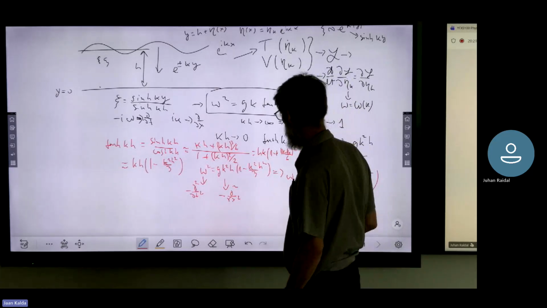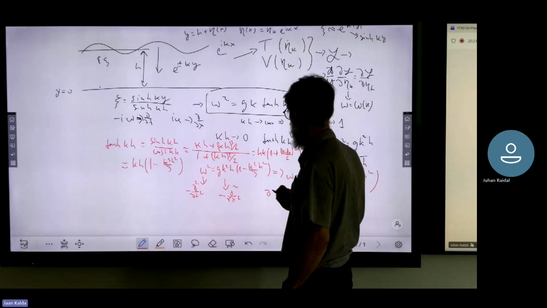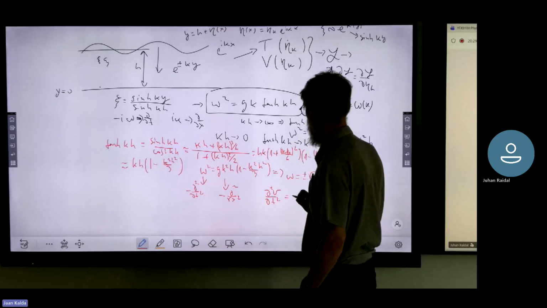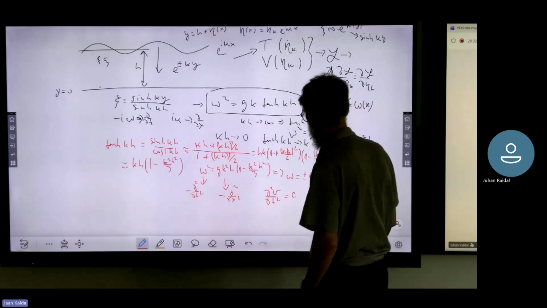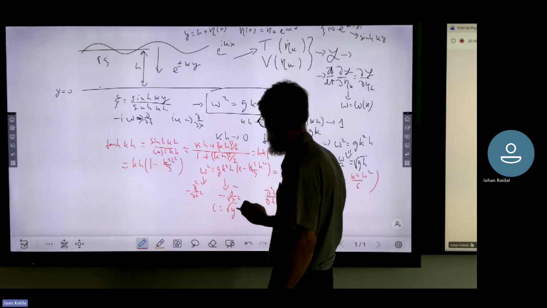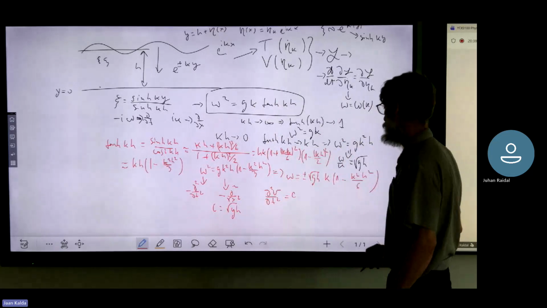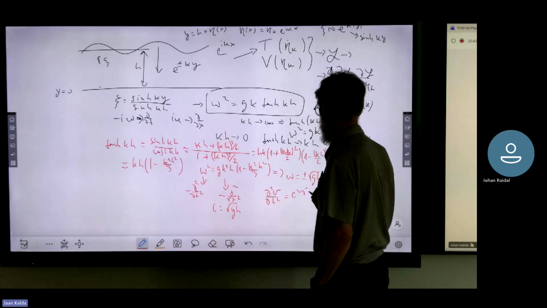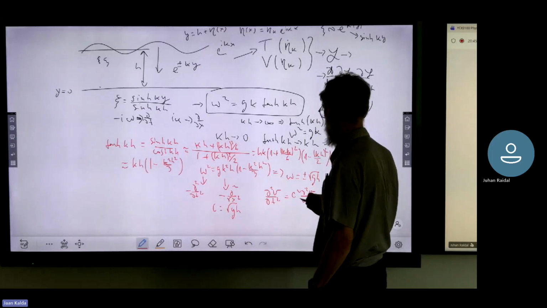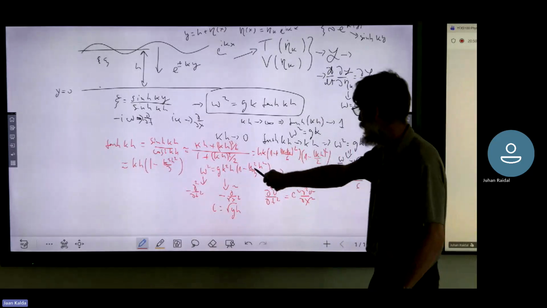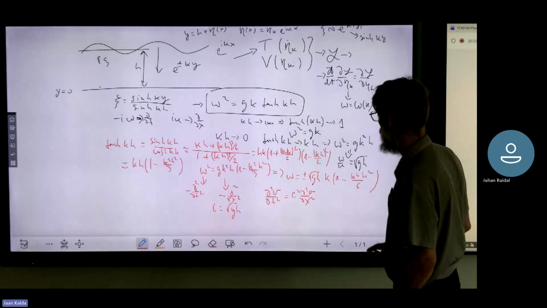So if we take speed of particles, it would have been d squared v over dt squared equals c squared, if we denote c as square root of gh, d squared v over dx squared, and then possibly that second term as well, which goes now as k squared,